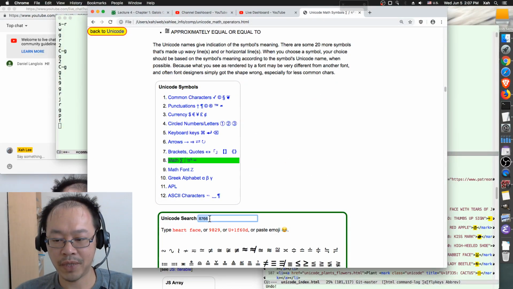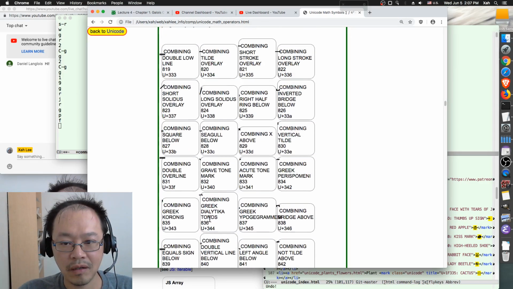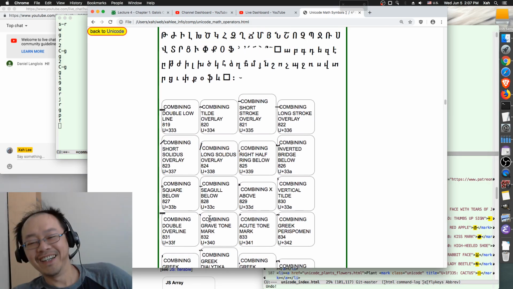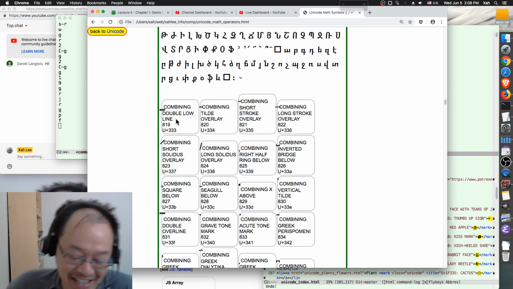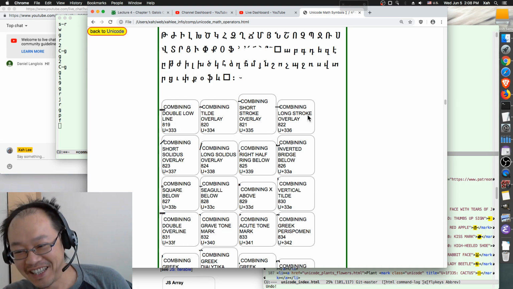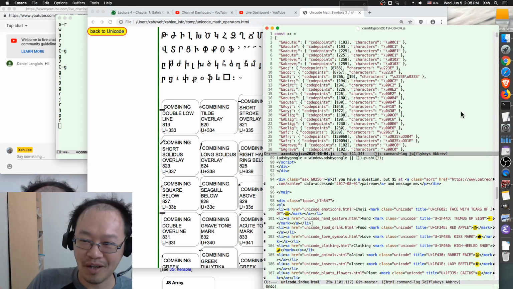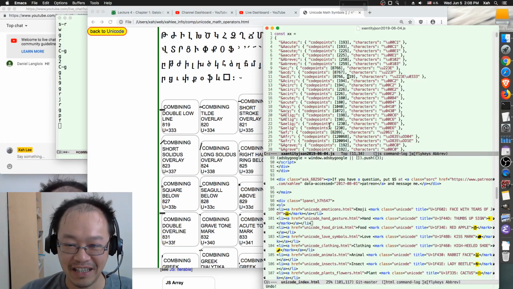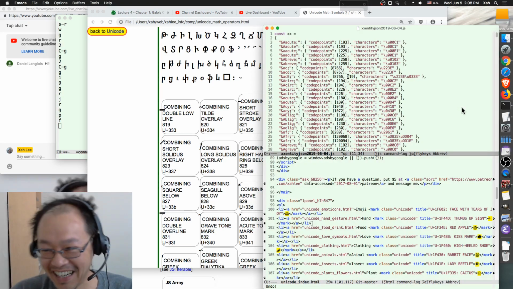So let's paste it here, 819. Character 819 is this character. The name is combining double low line. So basically it's like an equal sign. So they are creating this approximately equal to symbol by using a composition. One is a rotated S, the other one is the combining double low line. Oh my god, this is